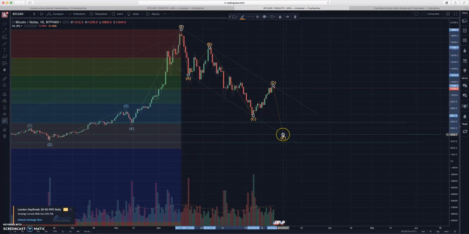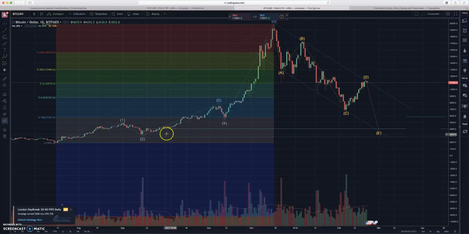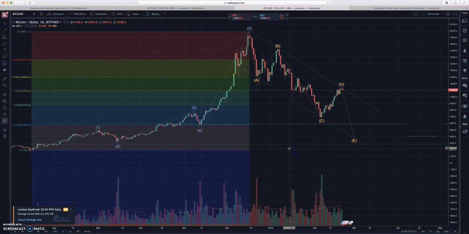I'm seeing people call for 1,000. I'm seeing people call 1,500. I drew this fib retracement, and where the one wave started back way last year in July of 2017, we were sitting at like $1,800. So if we did get to 1,500, that would be more than a 100% correction. That would be pretty ridiculous if that happened. I don't really see that happening.